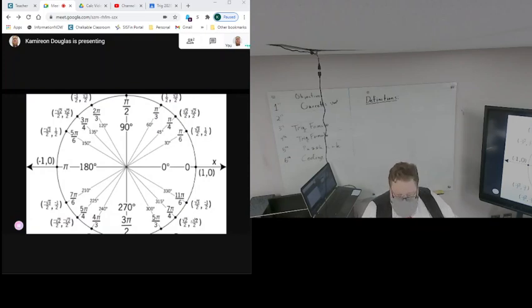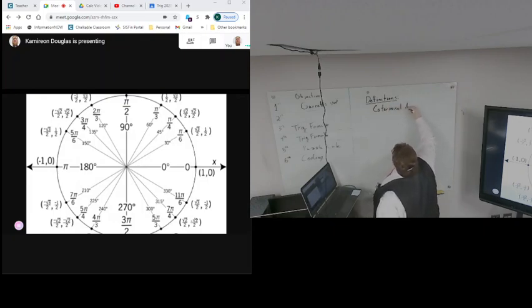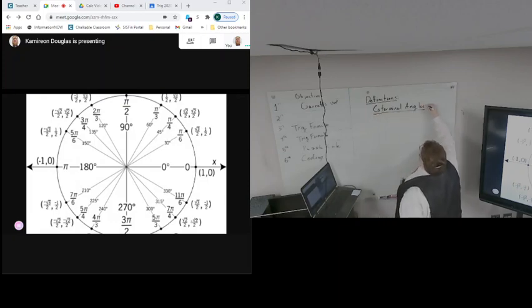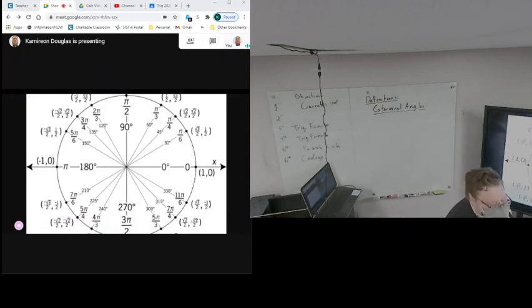For today, we're going to review one concept and talk about one new concept. The review concept is a definition. It is called coterminal angles. All right. As a reminder from earlier this year, the idea of a coterminal angle goes back to the roots